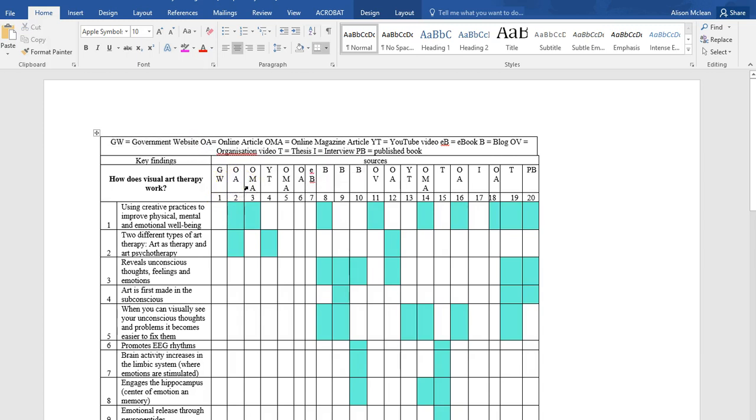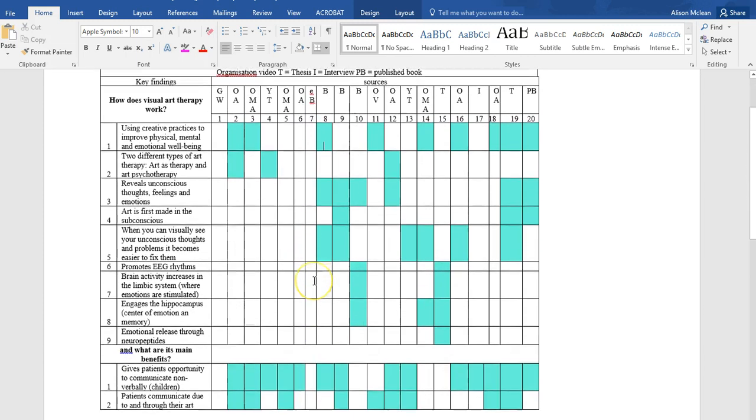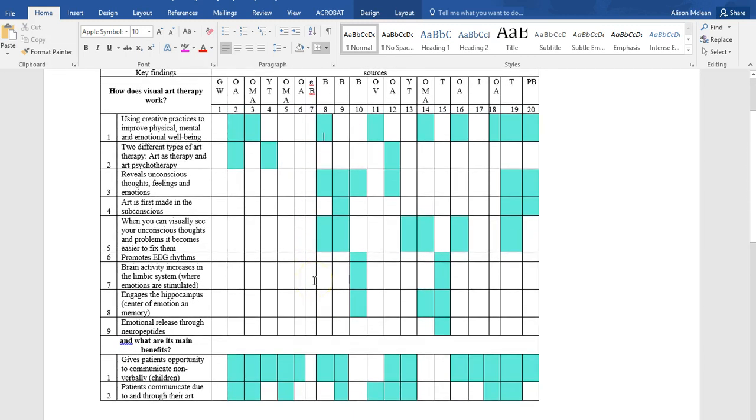See here? There we go, going through. And then they've shaded in if this key finding is mentioned in that particular source. So you've got a quick visual as to how many times all the sources mention a particular